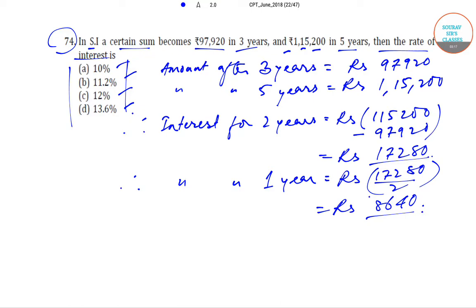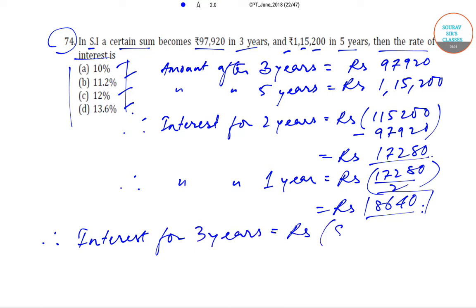Every year this interest rupees 8640 will be added. So the interest for 1 year is basically 8640. Therefore interest for 3 years will be rupees thrice of this amount, 8640 into 3, and this will be equal to rupees